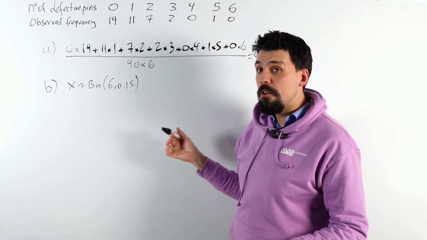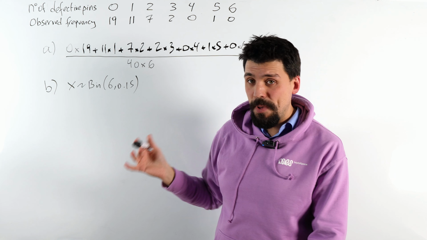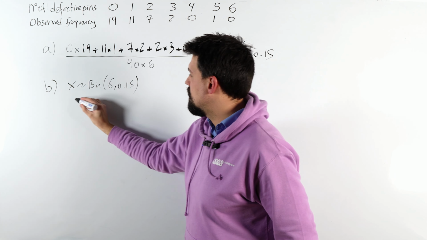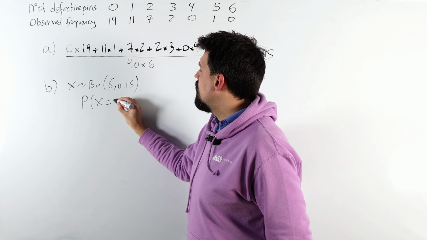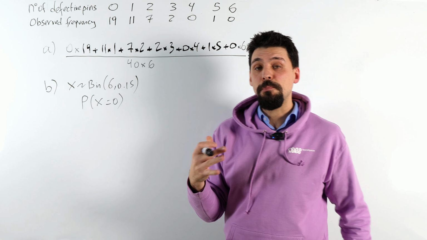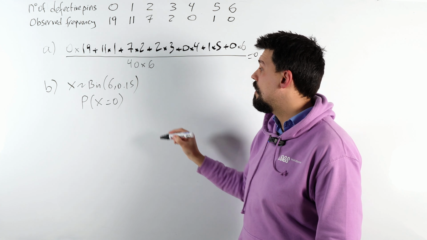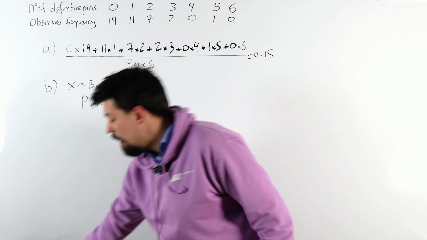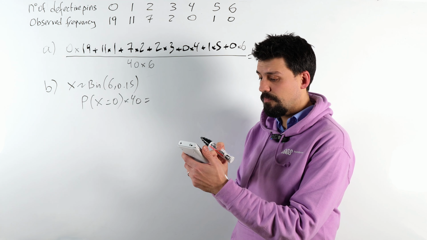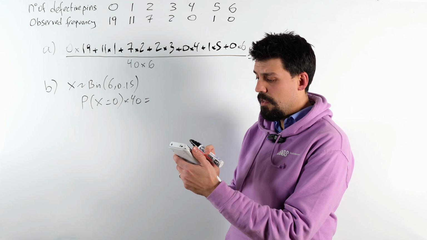Well, let's start with 0, for example. How many would we expect to have 0 defective pins? Well, we would take the probability that any given batch of 6 pins has no defective ones and times that by 40. And that will give us, if we do that,